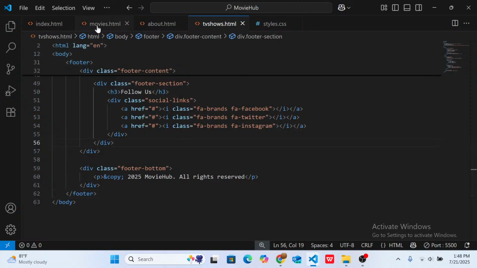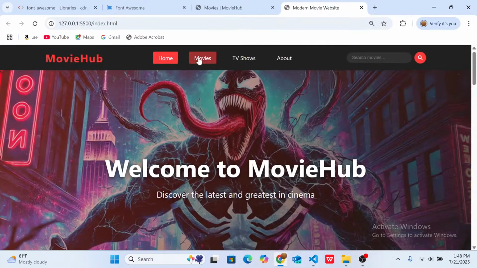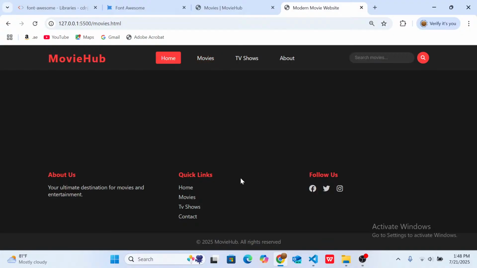Now this is what we have. Let's see what we have in the browser. If we go to the movie page, we can see we already have the header, same as the footer. For the TV show, same as for the about. The only thing we have to change is the